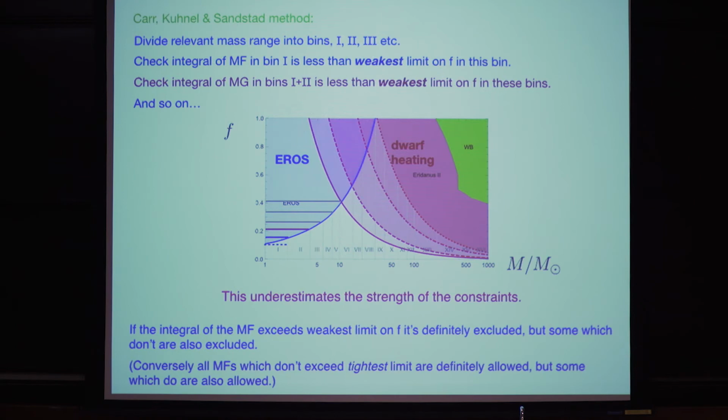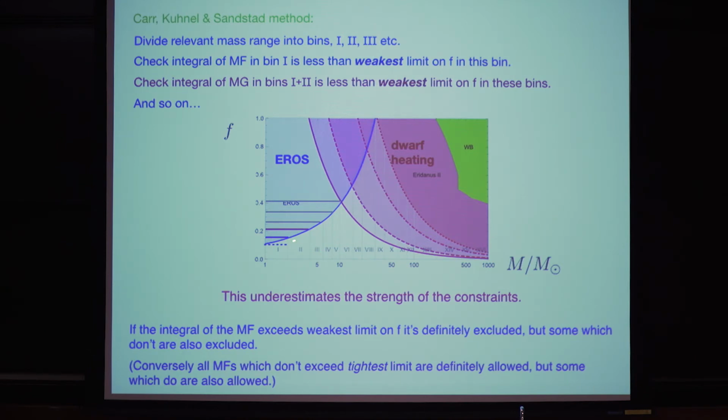So the first paper to look into extended mass functions a couple of years ago was by Carr, Kuhnel and Sandstadt. And what they did doesn't work for reasons that are quite subtle, so it's probably worth thinking about why it doesn't work. Here they're comparing Eros and the dwarf heating, and their idea being: if you put an extended mass function in here, can you have all of the dark matter being black holes and still satisfy these constraints, which together rule out any delta function mass function? So what they did was divide the region of interest up into bins,